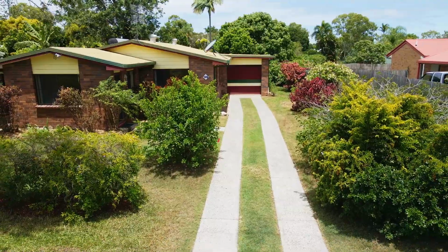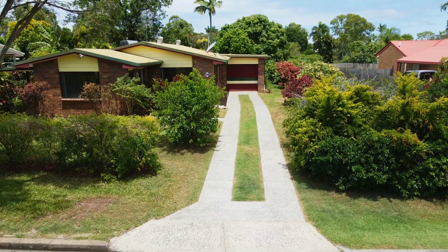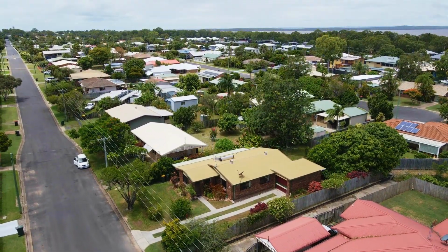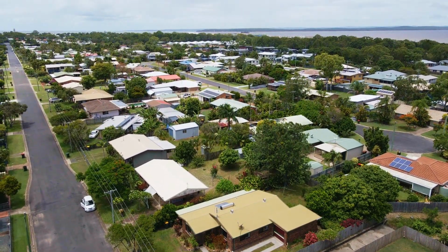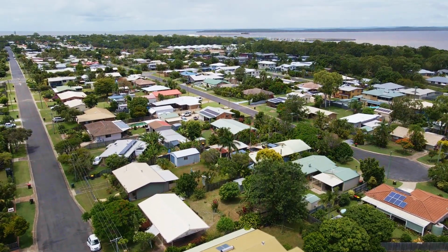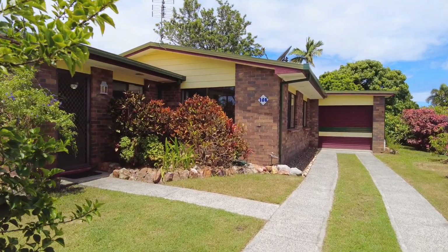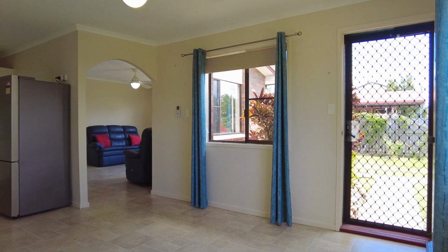This home would also be ideal for the first home buyers looking to purchase into an established area with strong growth potential and room to add further value, or those looking for a low maintenance home base to return to between your nomadic travels. You will immediately notice this home has been tastefully refurbished over time, with the open plan